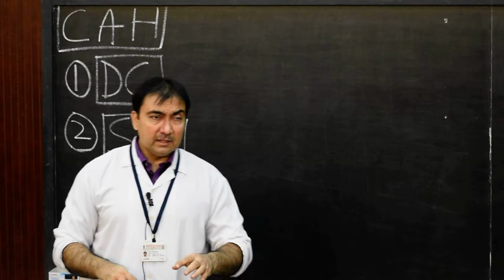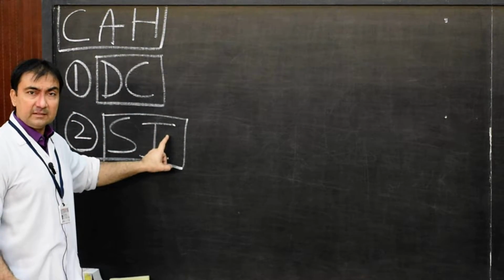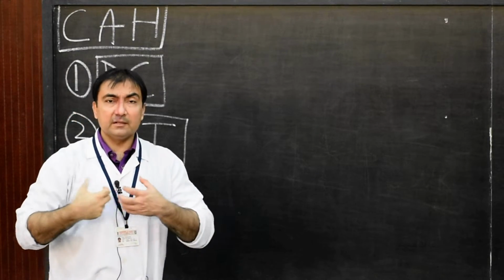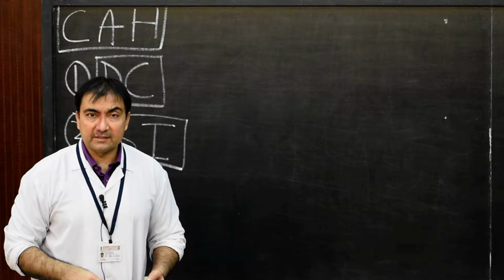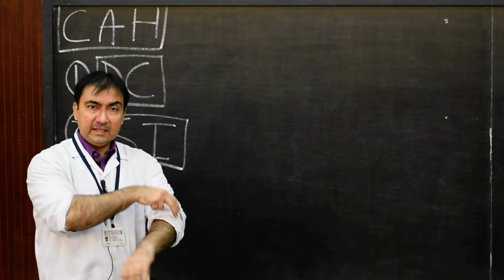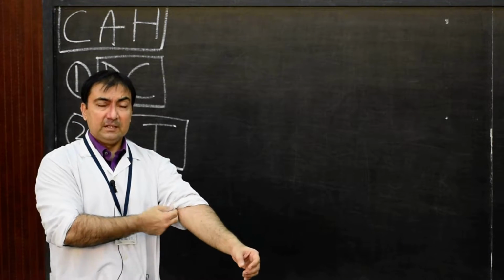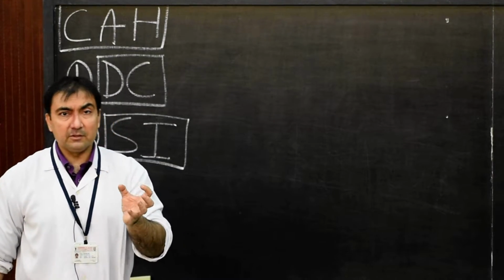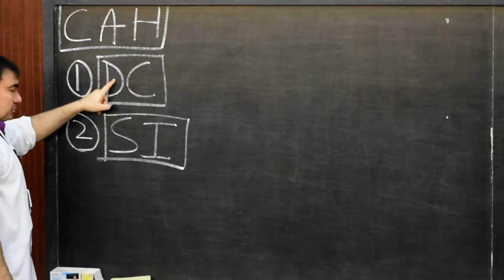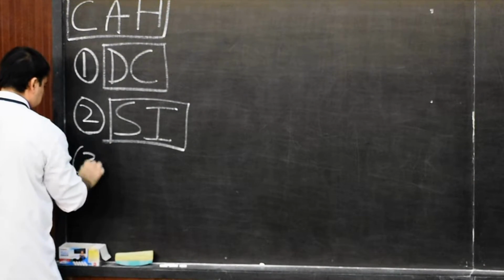In the same way, along with situs inversus viscerum, that is situs inversus viscera, there will be the heart which will also be in the right half of the thoracic cavity instead of the left half of the thoracic cavity. So that condition is known as situs inversus. Along with situs inversus viscerum, the heart will also be transposed in the opposite direction. So dextrocardia, situs inversus viscera or viscerum, and third,